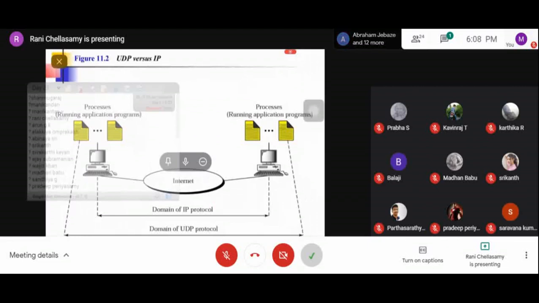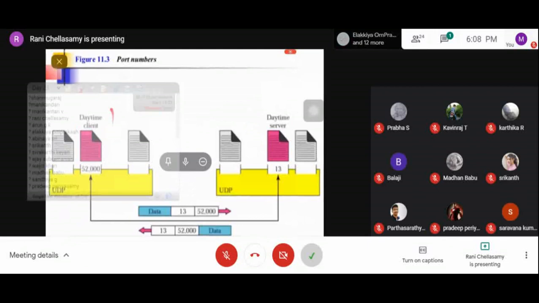The next comes the need for port numbers. Okay. So consider the UDP at the client side, daytime client. Daytime client means it's referring to the date and time of the client machine.